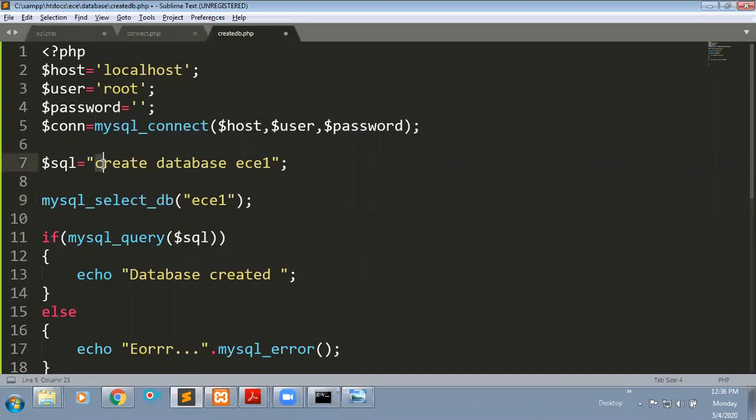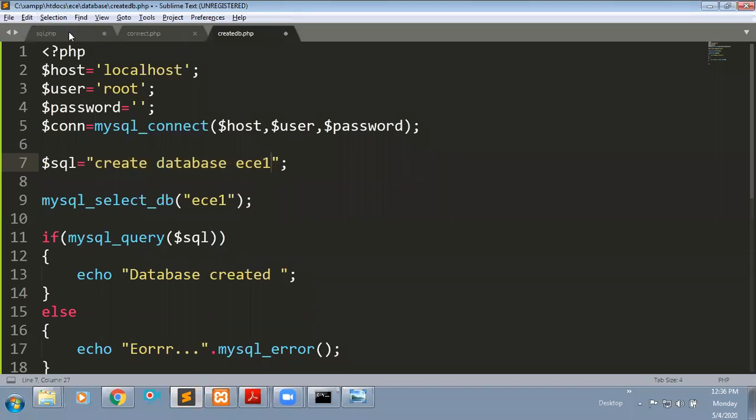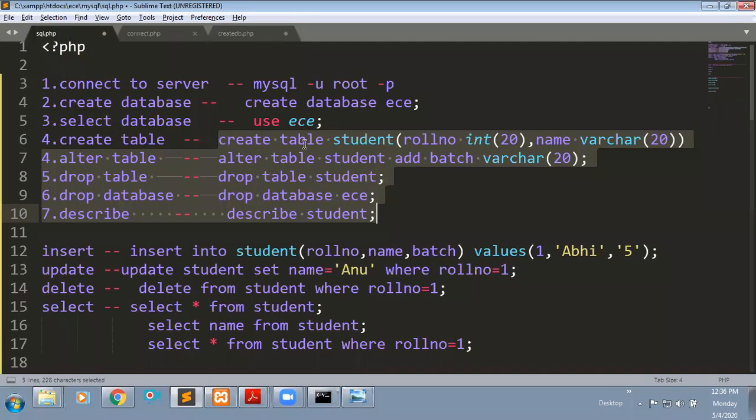Same thing we will do, but instead of create database EC1, for example, if I want to create a table, what statement will I use? Just create table student. I will change only this.